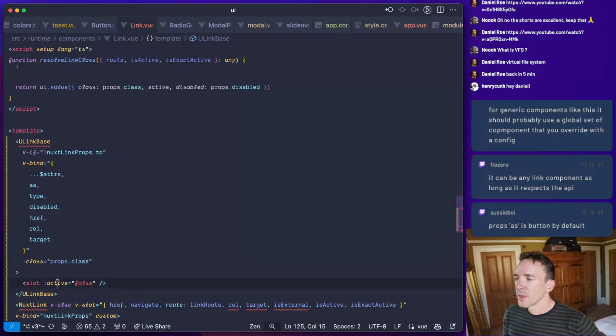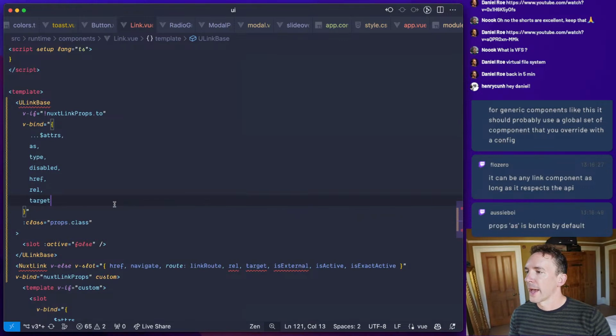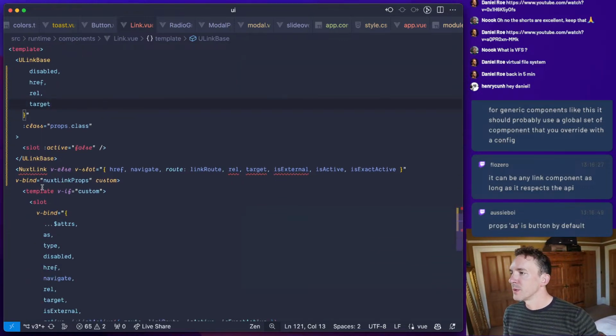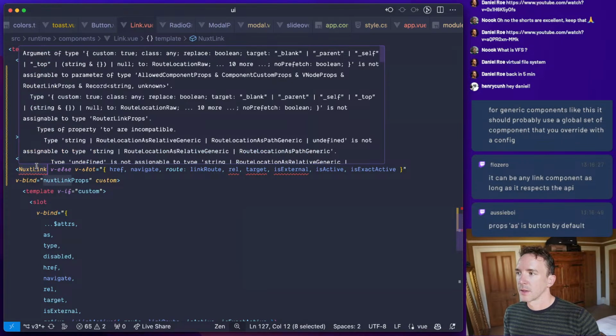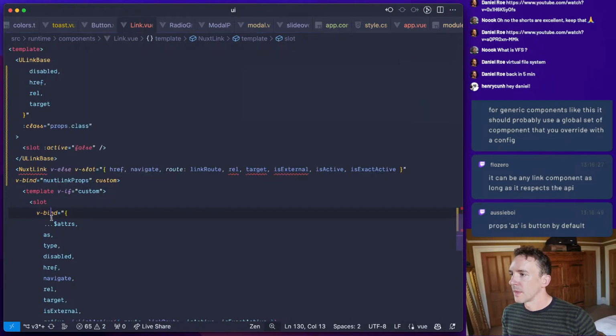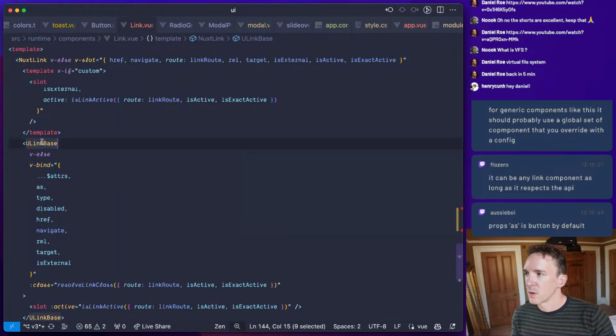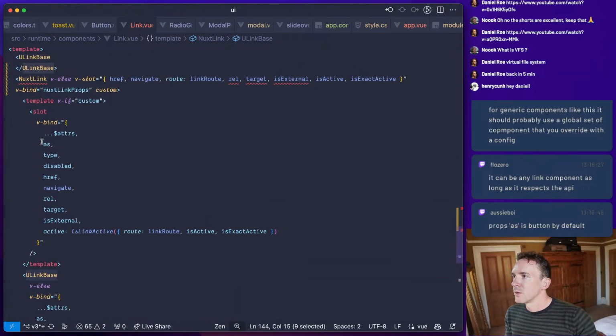So I don't think this is the right solution, but oh wait, as is button by default. But the issue is it's still loading a NuxtLink, right? So it doesn't matter. This is going to render a button, but it still requires calling NuxtLink, which is fine.